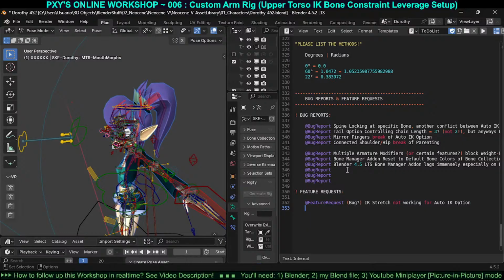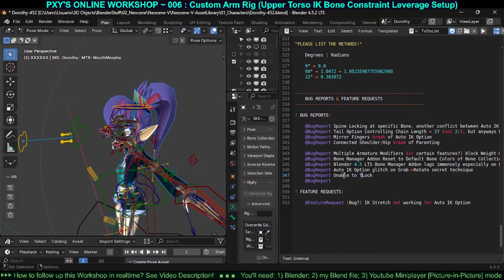Yeah, and maybe some other thing like the auto IK glitch on grab to rotate. Secret technique. Alright, so it's something. Oh yeah, enable to lock